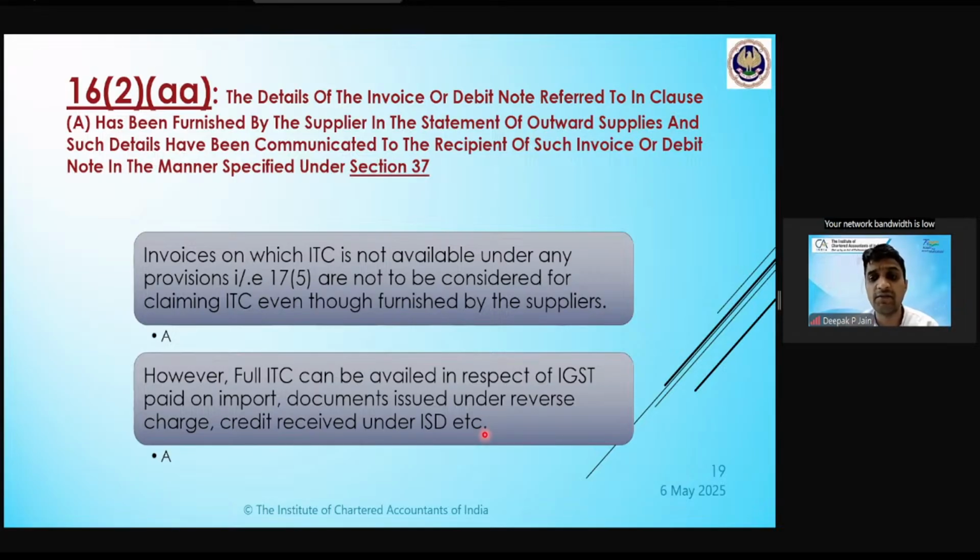Import is an exempt supply, then also we get full ITC. नहीं मैडम, अगर import exempted है, तो फिर जीएसटी चार्ज ही नहीं होगा। If the import is taxable, तभी आपको क्रेडिट मिलेगा। अगर exempted है तो फिर टैक्स लगाएगा ही नहीं, तो फिर क्रेडिट भी नहीं मिलेगा।